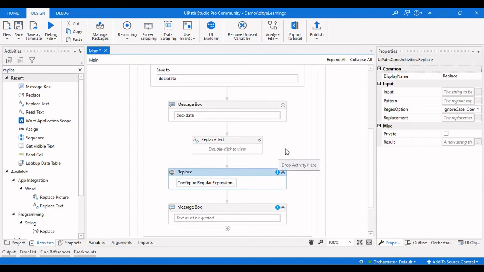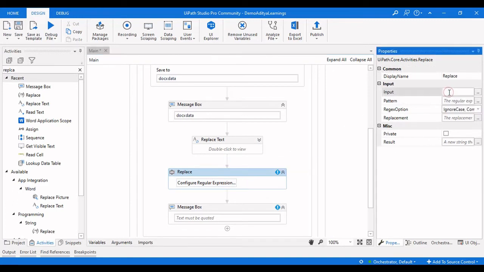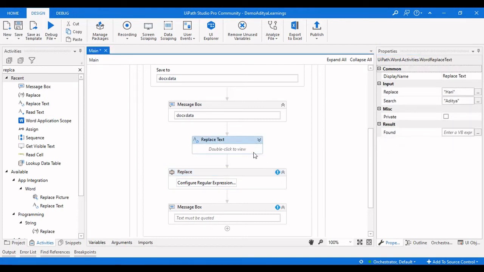For this regular expression replace, what you need to give here is the input value, which is docsData, and the replacement value is Hari. So we have given the input data value and then the replacement value. So this is not required for us in this workaround. So let me comment this one.